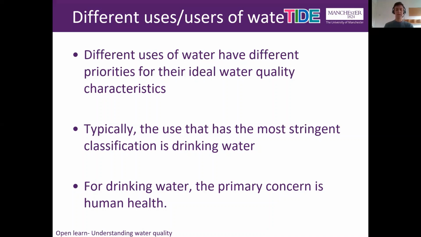This can have a significant impact when the quality demands that different users require are not compatible. Additionally, a user may lower the water quality during use of the water, which has an impact on users later on.